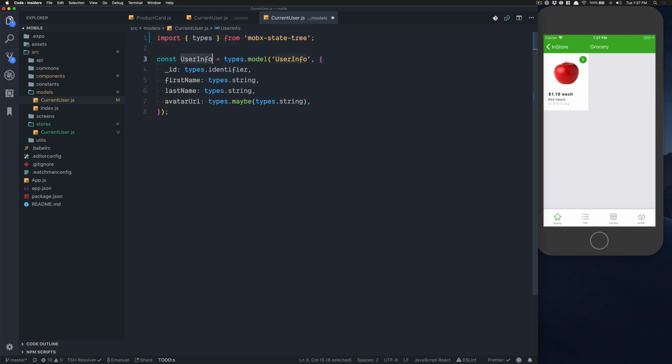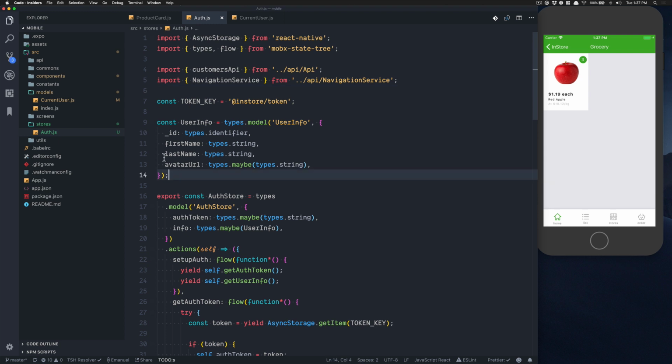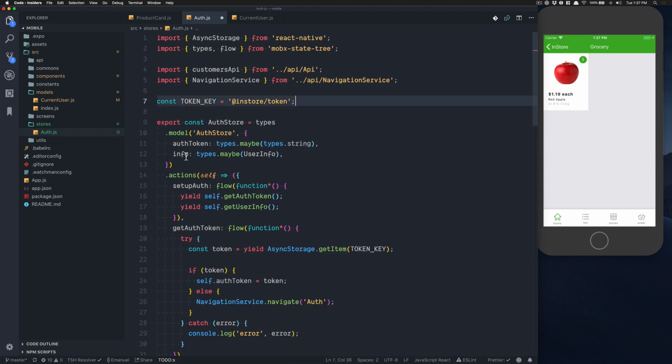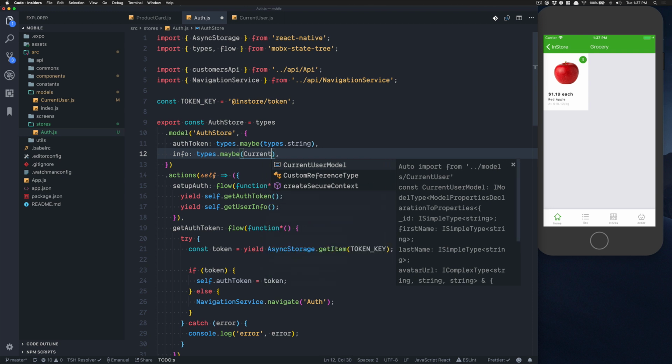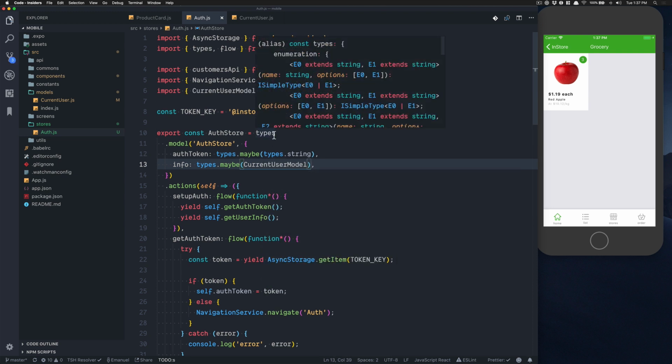But here that's gonna now become current user model. So why I do this is because now I want to separate the fact that this one is a model, but we have a store. So here we're gonna change that to be auth, and this auth store now gonna have the info here gonna now become a current user model, like that. And why we do this, it's because a store is something where you're gonna handle many models and stuff like that. So it's like a step